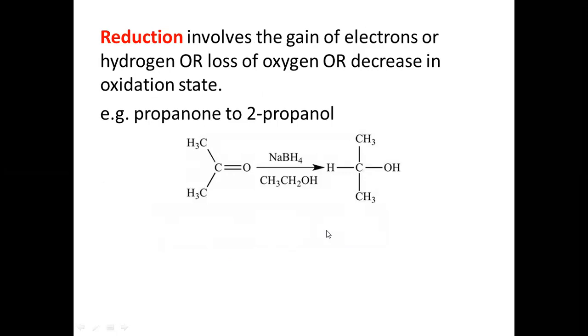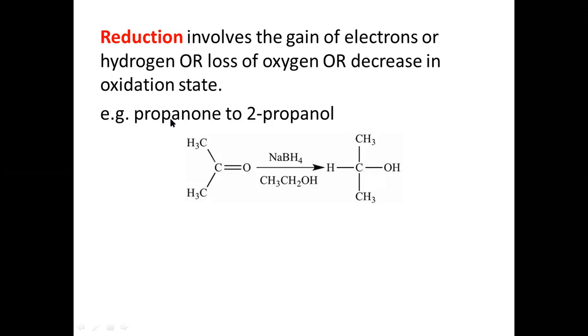Coming to reduction reactions, these reactions involve gain of electrons, as we have seen in the previous examples, converting Fe+3 into Fe+2, or else addition of hydrogen atoms, loss of oxygen atoms, or else decrease in oxidation state at the reaction center. We can classify all those reactions which have any one or more of these characteristic features from reactant to product as reduction reactions.